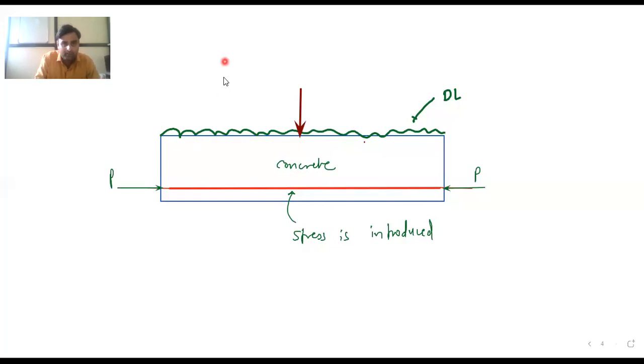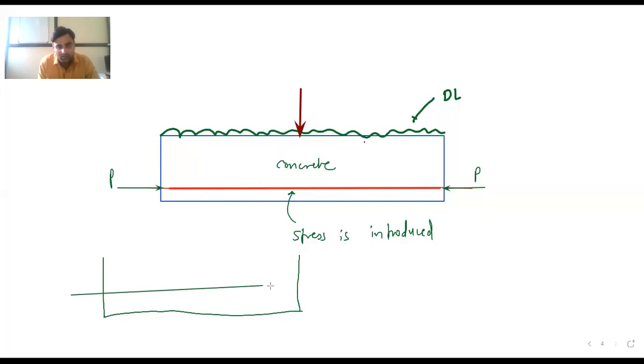I will draw the diagram. This is the wooden plank, like this. I have not drawn an exactly straight line. The steel bar is placed such that it comes out of the plank. We have not poured the concrete yet. There are two vertical planks and one plank at the bottom, the formwork. We cannot have a top plank, because we have to keep the top open to pour concrete. These two vertical planks have a hole made in them so that the steel bar can come out of the plank.